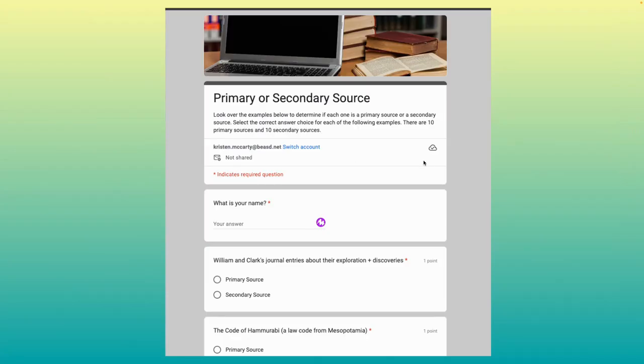And another assessment would be for using Google Forms. And this could be either a formative or summative assessment that a teacher could use. And for this one, they were looking at primary or secondary sources. They would have a primary source like Lewis and Clark's journal, and they would have to tell me if it